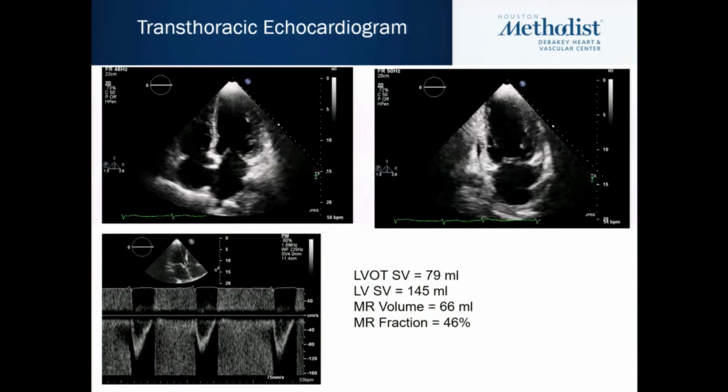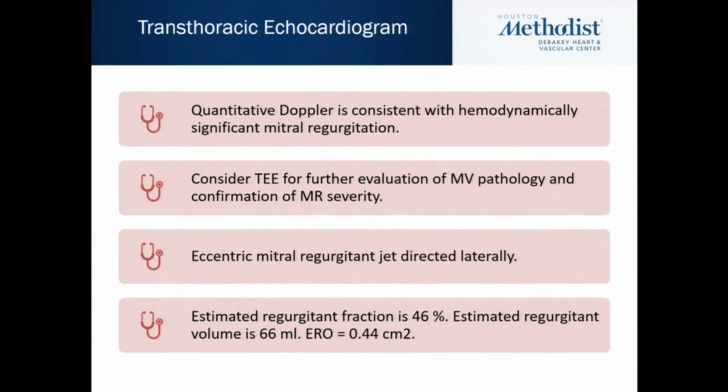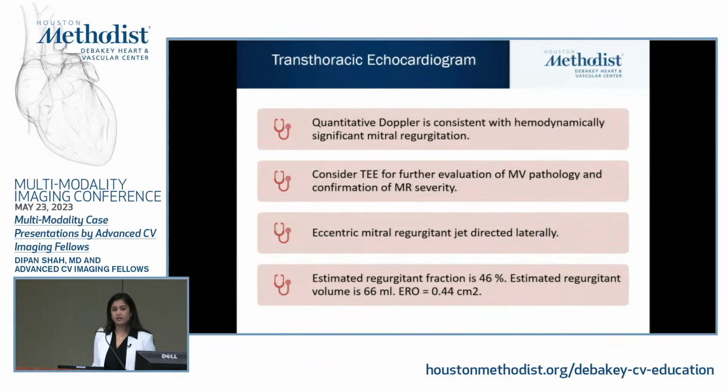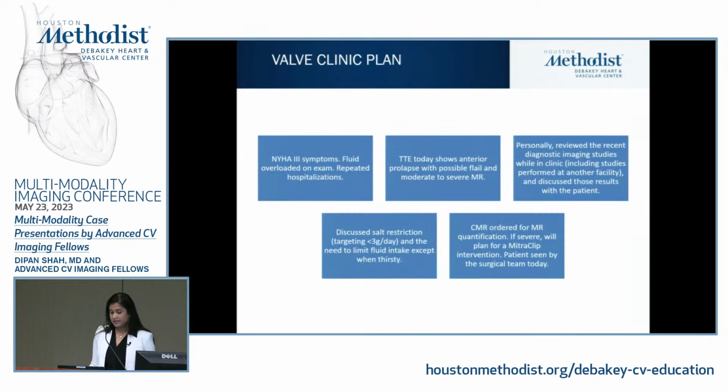Overall, the transthoracic echo was reported as hemodynamically significant mitral regurgitation, with a recommendation to follow up with a transesophageal echocardiogram to evaluate further the pathology of the mitral valve and the regurgitation severity. These are the exact notes taken from the valve clinic progress note from that day,